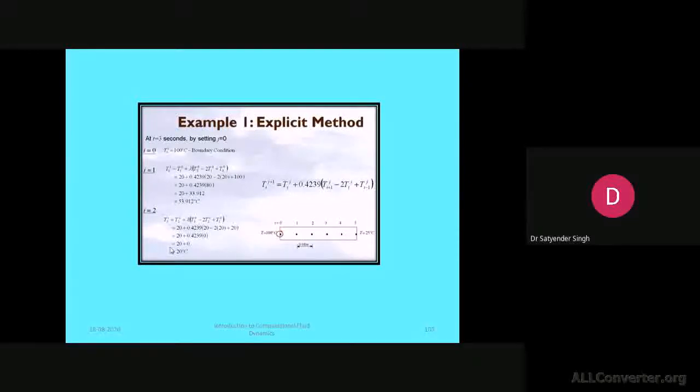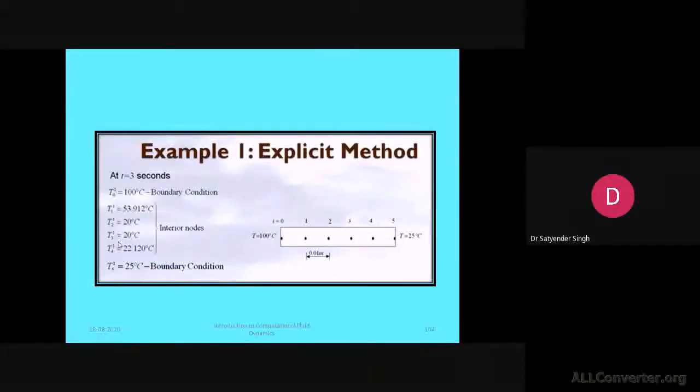Likewise, for the next time level, corresponding to 2, if we want to get the value, then it must take the values of I1, I2, and I3 at the previous time level. So you can see now this value, and then 20 and 20. They are the values of the temperature at these nodes at the initial time level. So likewise, this value will be updated for the first 3 seconds, at a delta t, the time step. Only two values have been replaced,